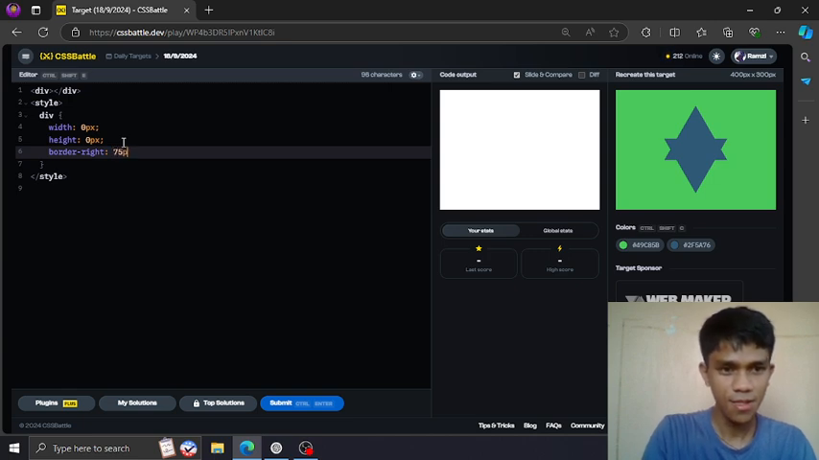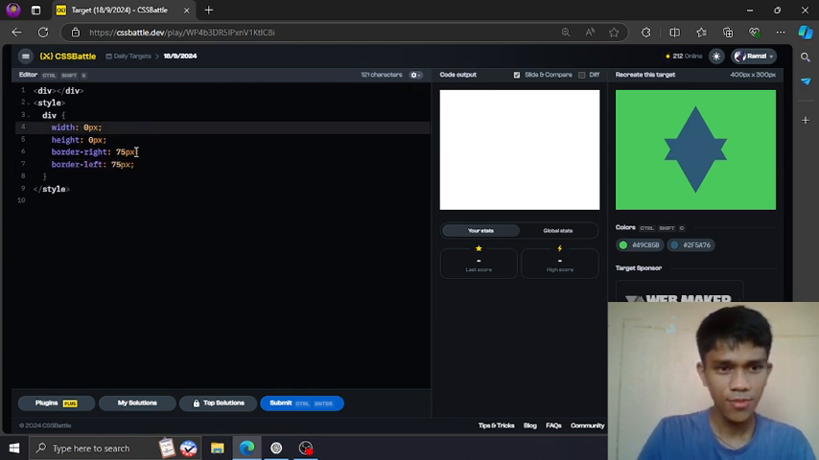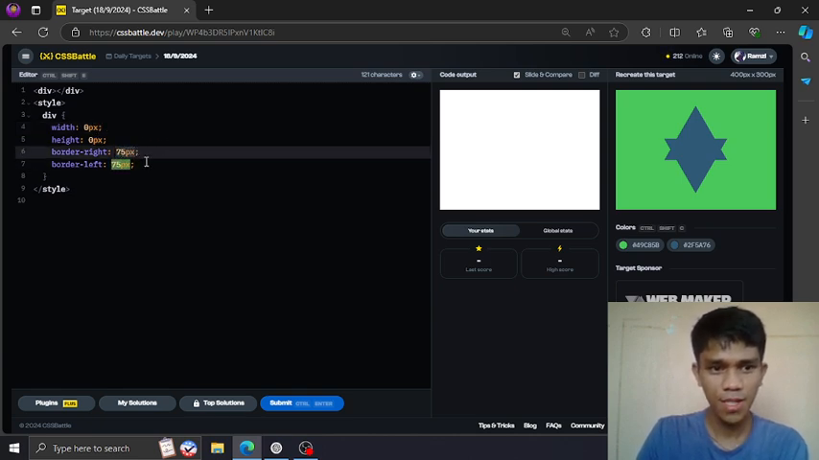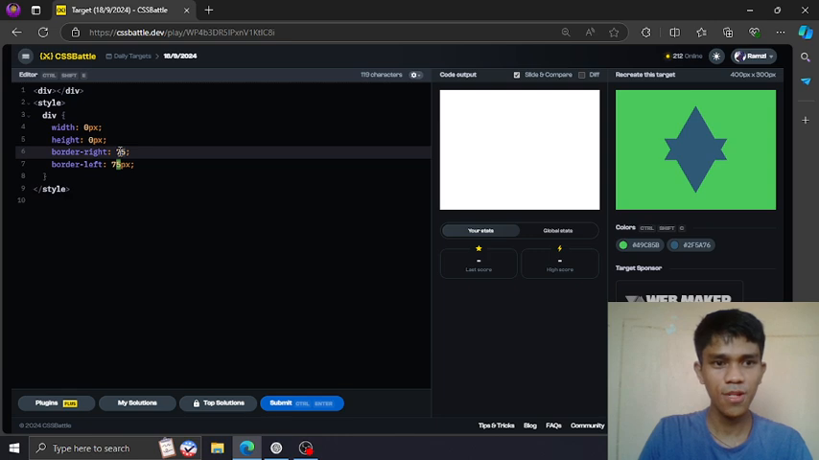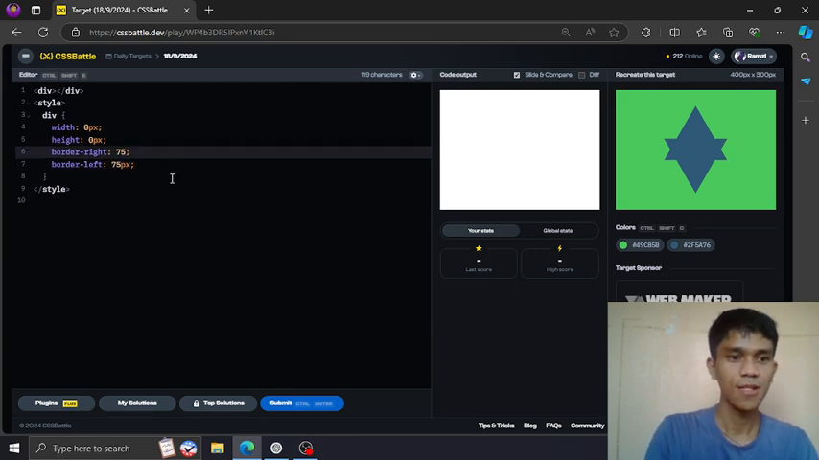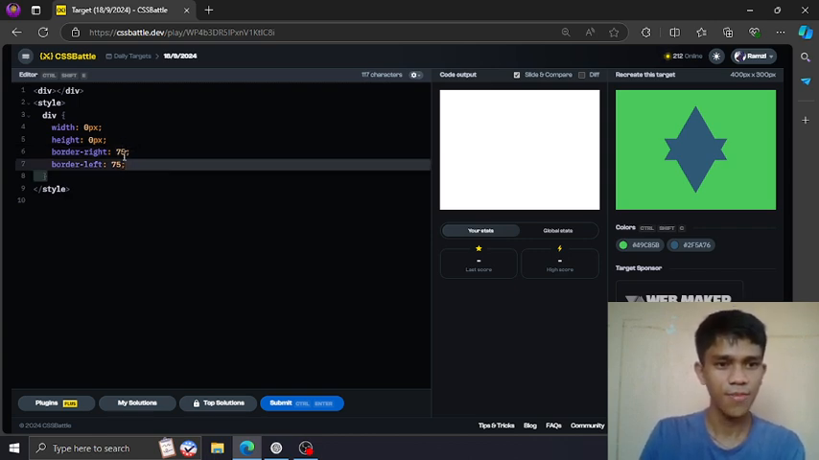75 pixel, copy, this is border left. Actually, this 75 pixel is the same as 75, because when you put only a number value here, by default it is pixel. So let's refrain from using this. So 75 pixel, and